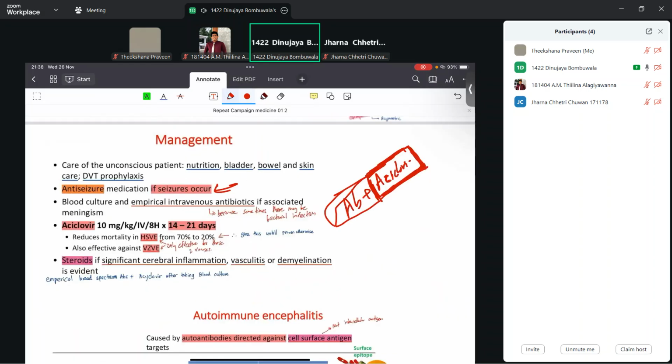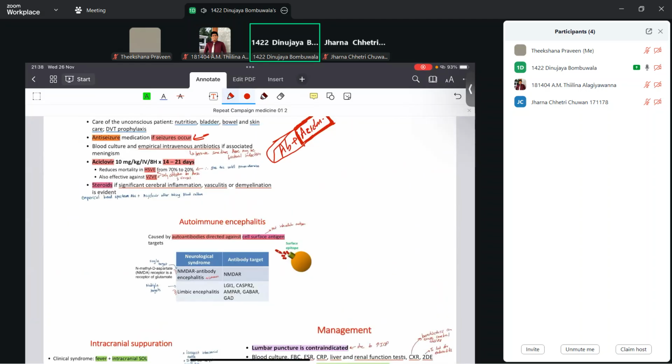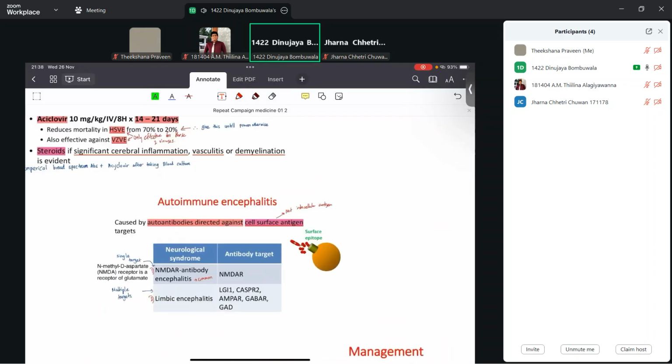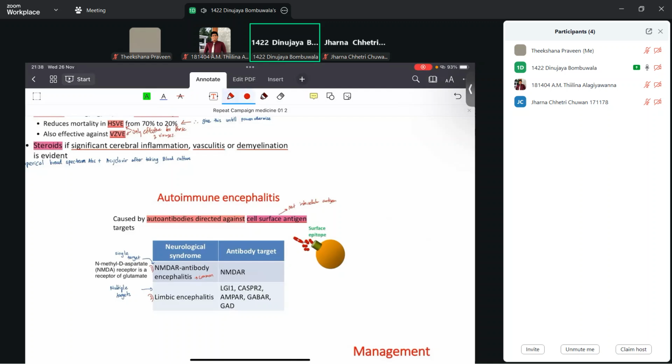And steroids can also be given. So those are the main two things regarding the infections and inflammation of the CNS. The other one is autoimmune encephalitis, which I talked a little bit about previously: NMDA receptor antibody encephalitis and limbic encephalitis. I don't think those will be asked in our exams. The film Brain on Fire was about a patient who had this disease, NMDA receptor antibody encephalitis.